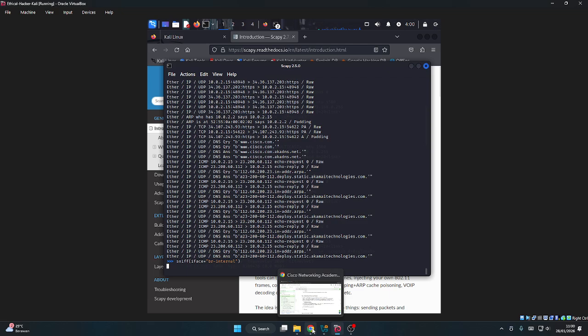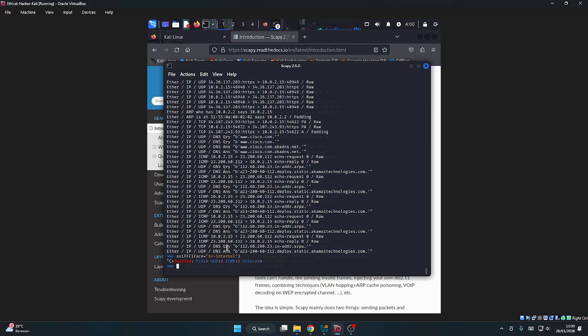I think it's bugging again or lagging, but we try to. Yeah, because we forced it to stop sniffing, and there's nothing that can be sniffed.